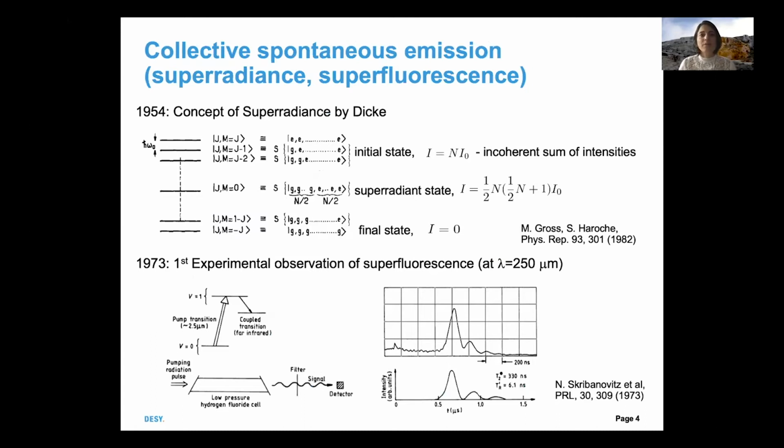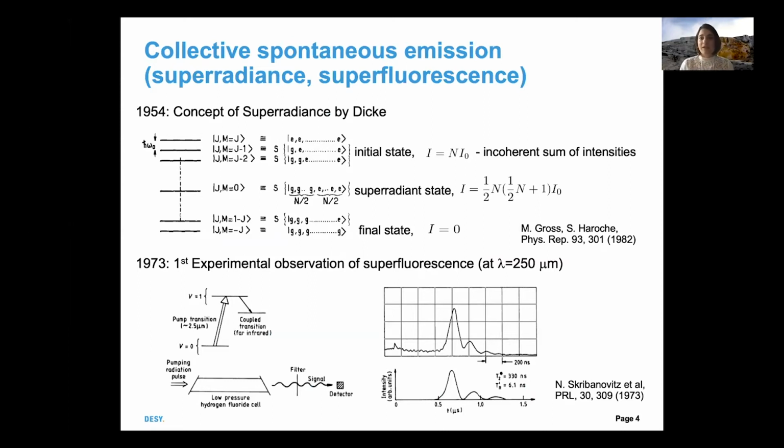So this concept of collective spontaneous emission and superradiance was introduced in 1954 by Dicke. It was quite an academic paper where he considered an ensemble of atoms that were confined in space, small compared to the emission wavelength of these two-level atoms. And he started out with these atoms in a very symmetric state of excited atoms. So all of these N atoms are in an excited state. And then at some point in time, one of these atoms would decay.